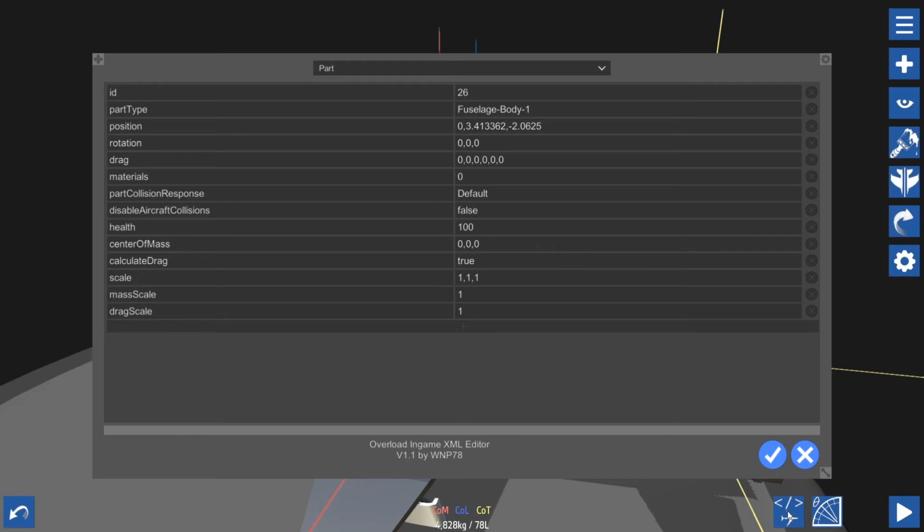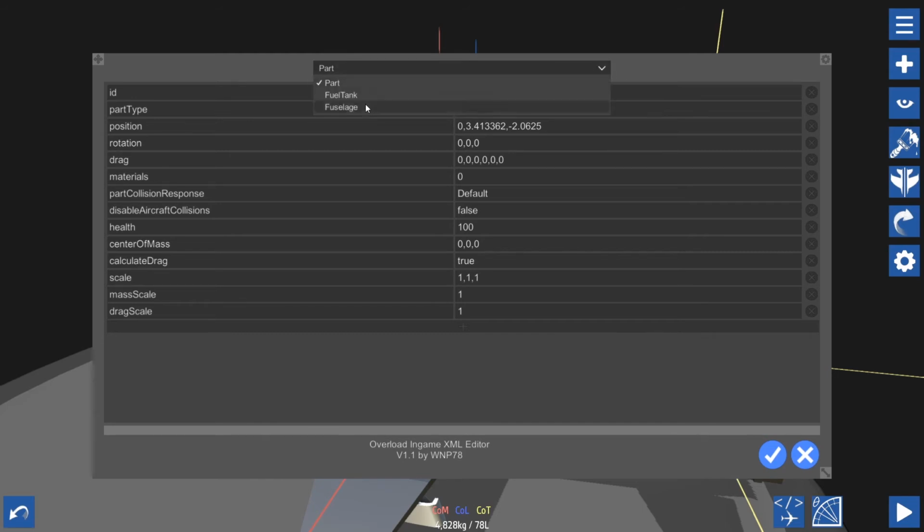This edits the code and can basically trick SimplePlanes into thinking that a part is doing more or is different than what you put down. It's a pretty fun way to break the game, or just make it better. Now, the option we're looking for isn't under part, so go ahead and click on the list, it'll drop down,